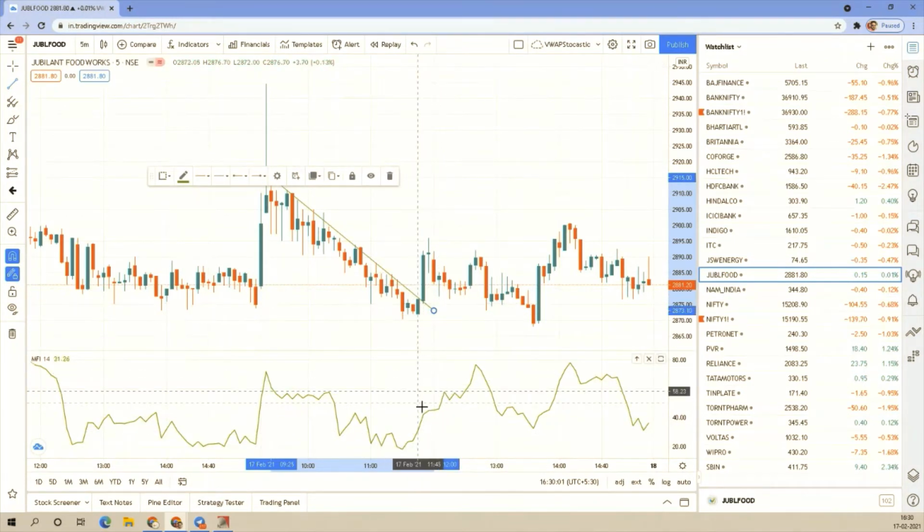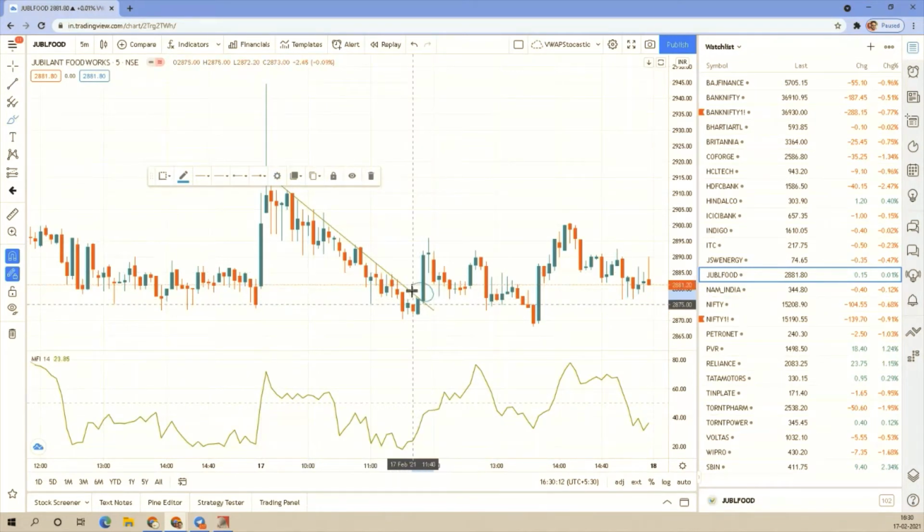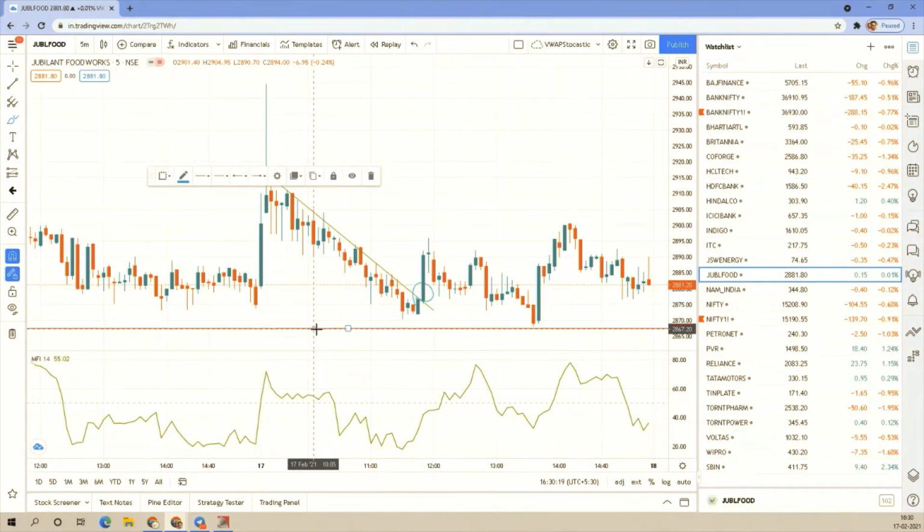Once this trend line is broken somewhere here, the money flow index is already over 30, 35. So maybe you can enter somewhere in this candle and carefully have a stop loss somewhere here, just to have a small buffer. Then you see that it made a high here and then drastically took a U-turn. Once you see a drastic move, maybe you can exit somewhere here just to be sure.